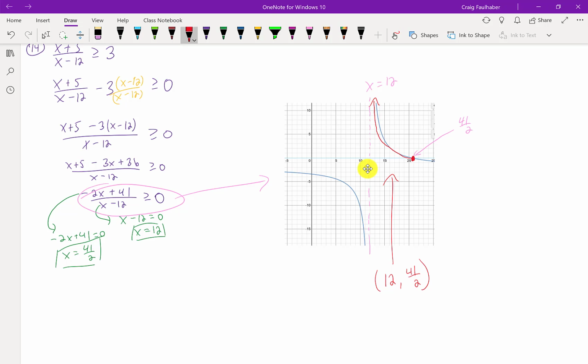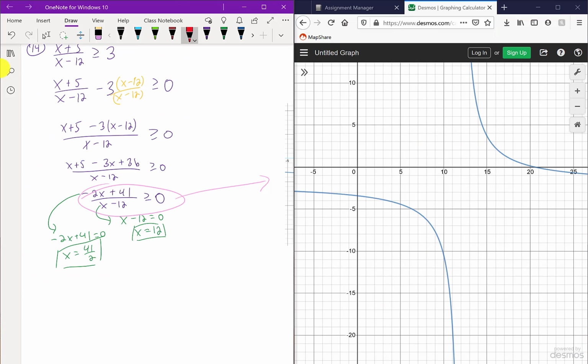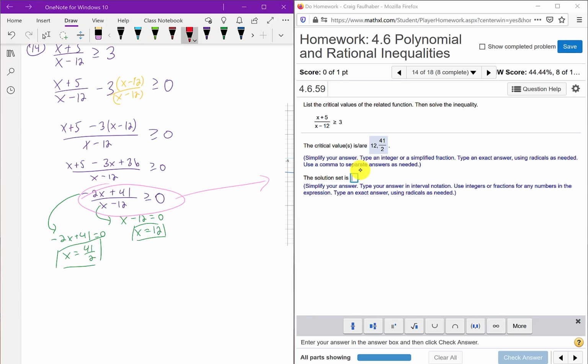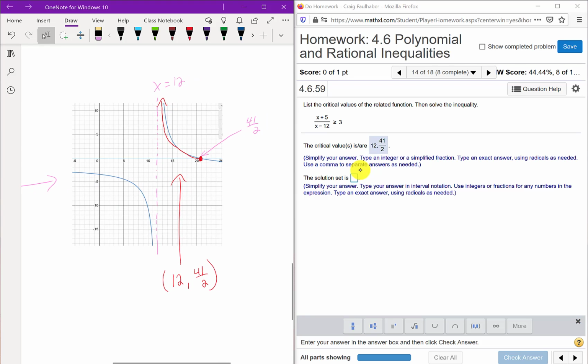Again, if you want a different technique for doing this, you can watch the lectures, and they give a very different way to do this problem. I prefer to just look at a graph and get the answers that way, but there are certainly other ways to do this. Okay, bringing the problem back up, we got a solution of 12 to 41 halves, and I